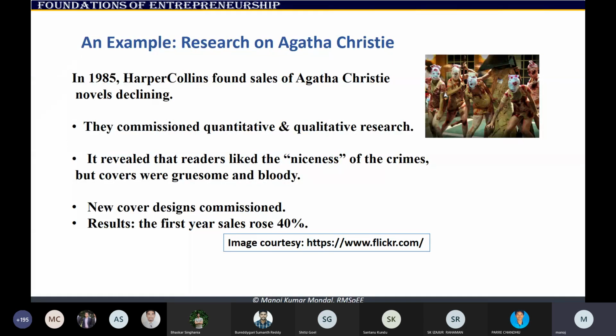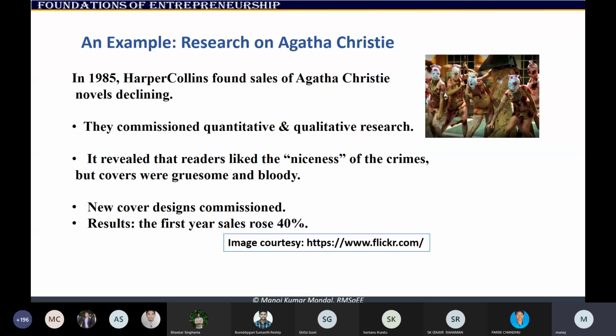They thought, why should the novel not sell, because it is the same crime story that should sell, but people were not buying. Most of the novels that people buy are on the occasion of a birthday celebration or somebody's anniversary. But they found that people were not gifting these to others. After the market research, people revealed that it is the cover. The cover looks so gruesome that they don't want to gift it to a child on his birthday, because it looks not so nice, not so pleasant.